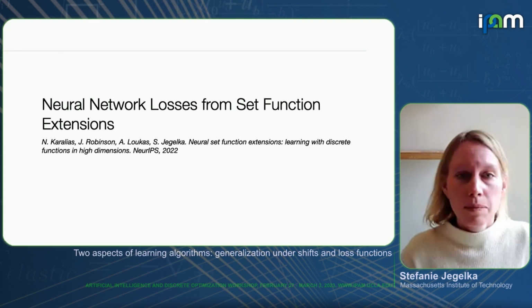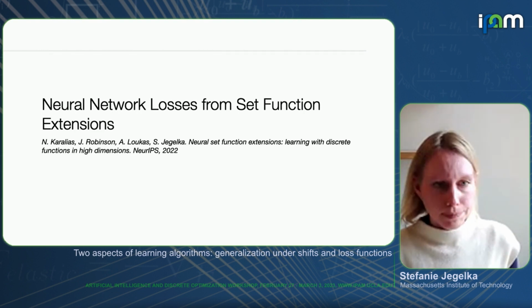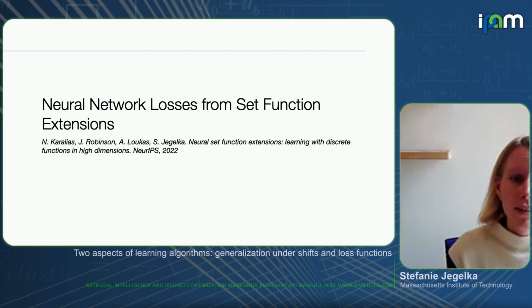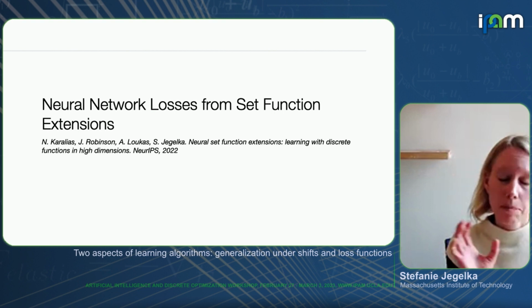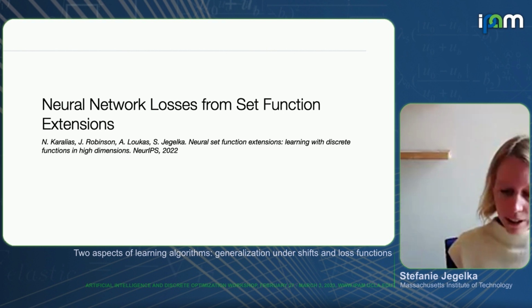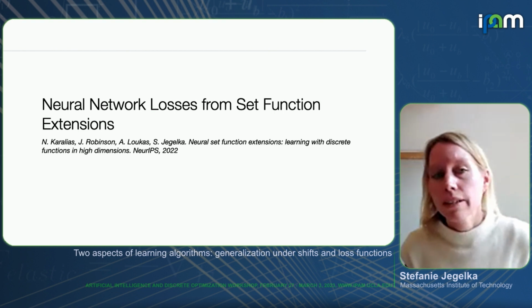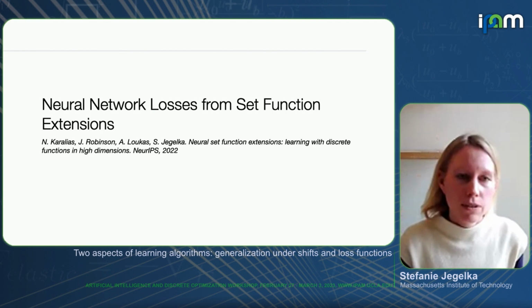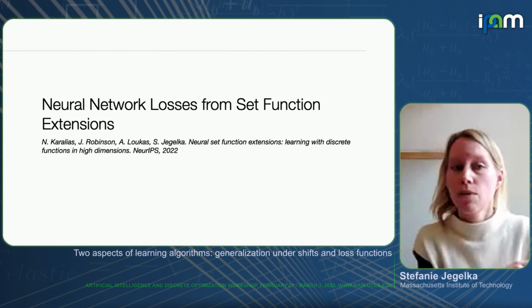So that was my second example about out of distribution generalization. Both of these examples, the stability and understanding the parts of the neural network, really try to understand what your architecture is doing. How is it seeing the data? What kinds of inductive biases does it have? And can we somehow translate this into better understanding